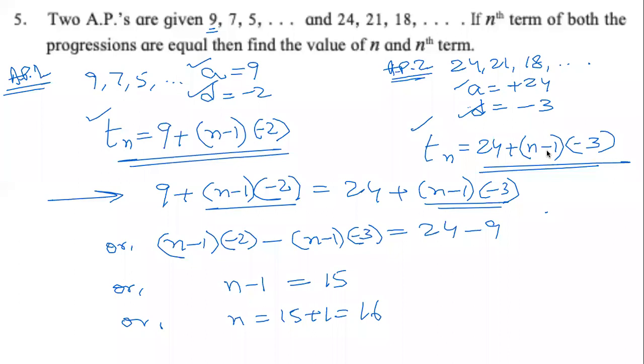So in this question, one part was to find n. I have already found n for you, which is 16. That is part of the answer. The second part of the answer is to find the nth term. So nth term here will be, because n equals to 16, nth term will be T16. So it will be A, which is 9, plus 16 minus 1 into D, which is -2. Now we know everything and we can solve. So first we got n equals to 16, and then we will find out the 16th term.